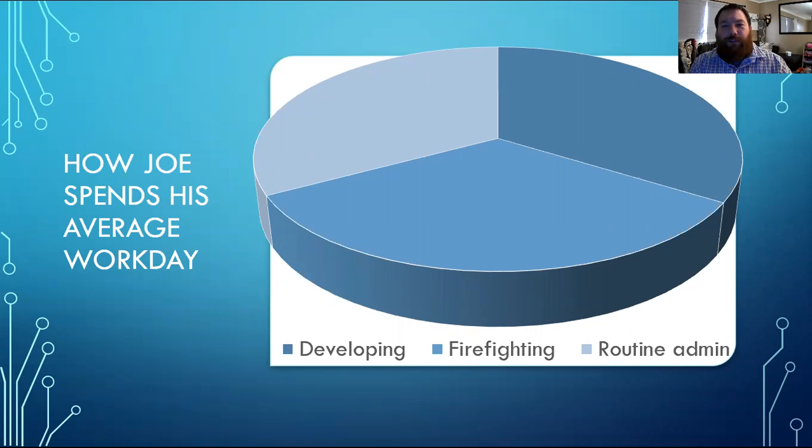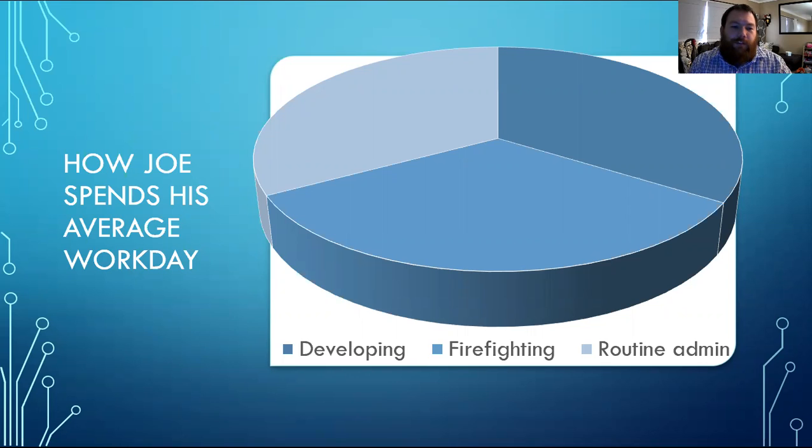Developing is creating a lot of the stuff I talked about before: queries, jobs, reports. Nothing's an emergency. It's usually just doing stuff that's been requested by the users or by his bosses. Firefighting is more emergency stuff that's happening right now during the workday that he can go in